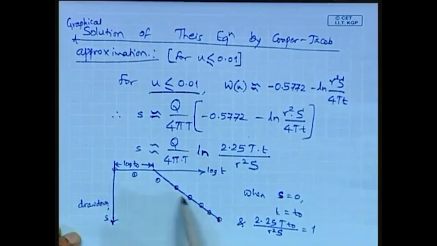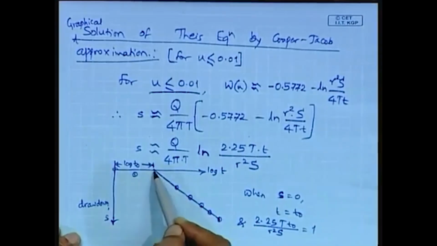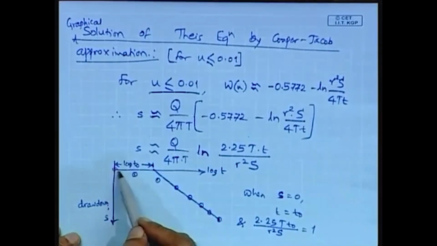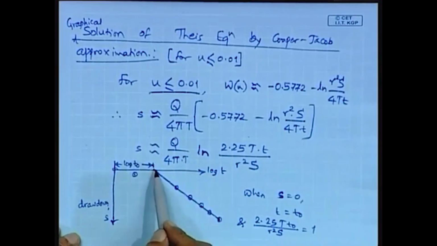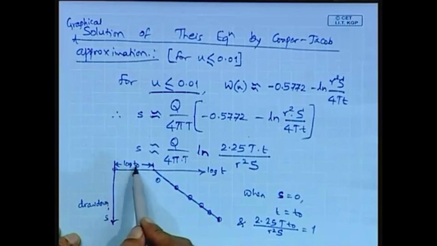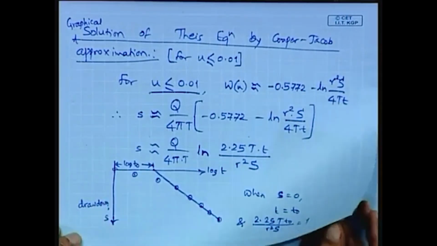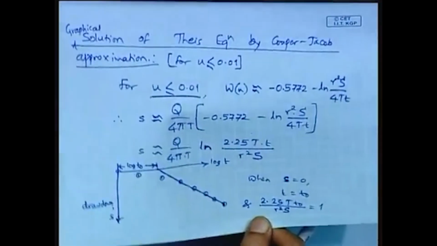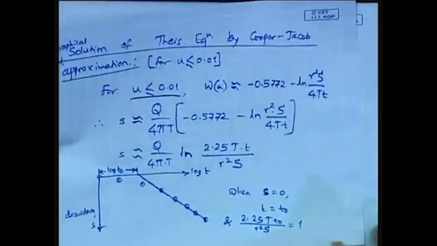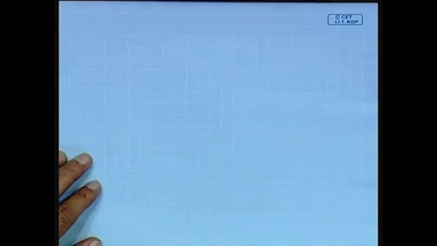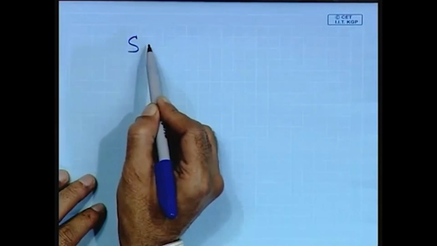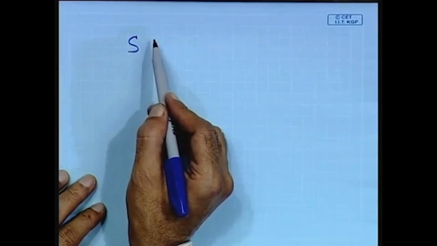This linear relationship is extended backwards to intersect the logarithmic scale of t, and wherever it intersects, that intercept gives the time t 0 at which the drawdown is 0. Once this t 0 is determined, we can say that the storativity S is simply given by